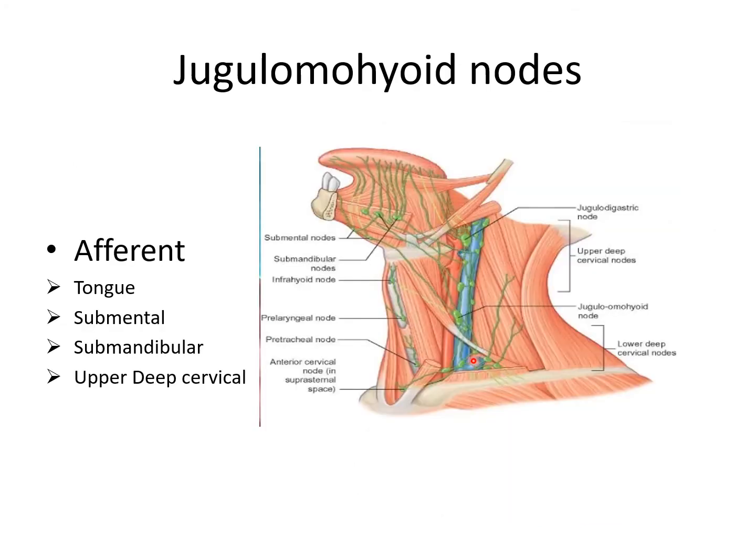So in the lower group, we have the jugulo-omohyoid nodes, which lie on the internal jugular vein just above the intermediate tendon. And these lymph nodes receive afferents directly from the tongue, and indirectly from the submental and the submandibular lymph nodes. And they are actually the principal lymph nodes of the tongue. And some of these lymph nodes are related to the supraclavicular fossa here, and also related to the brachial plexus and the subclavian vessels. So they are also known as the supraclavicular lymph nodes.